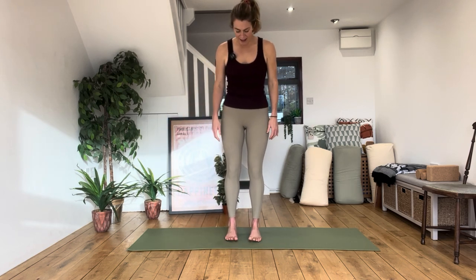So I'm going to teach this to you as a normal posture exercise. If it feels good, if it creates change for you, then it's one to bring into your working day. If it makes you feel worse, of course, you stop it. But I will also walk you through the mindset of how you would think about this as a function test as well. So what we're going to do is we're going to be standing up straight,